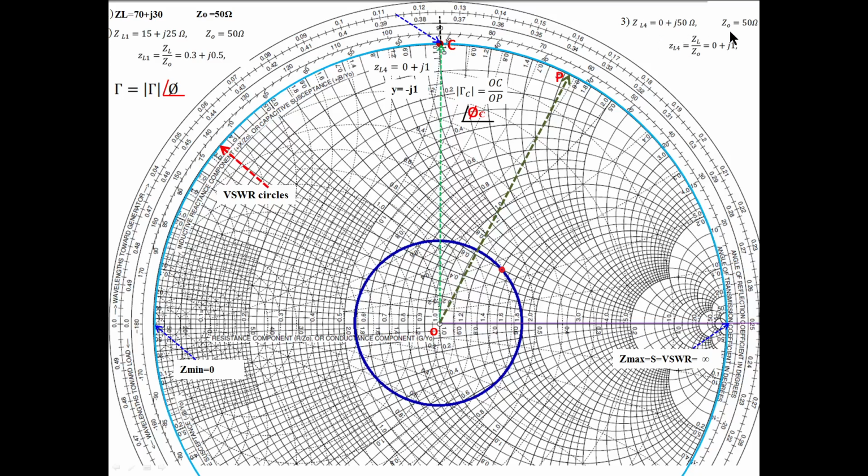To do that, you have to normalize this and mark it on the Smith chart. So this is the normalized value, 0 plus J1, 50 by 50 here, so it is 0 plus J1. This load appears as a point on the Smith chart. It is the intersection of the R is equal to 0 circle and X is equal to 1. So you identify the R equal to 0 circle, the last circle as we were seeing.